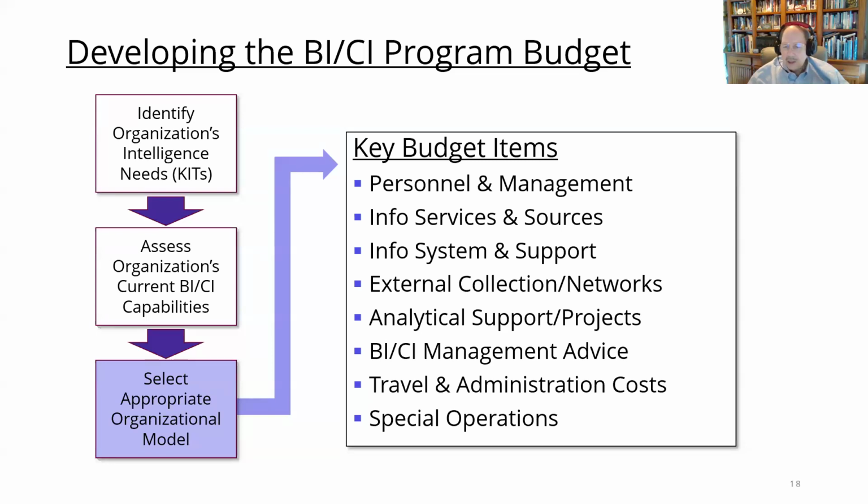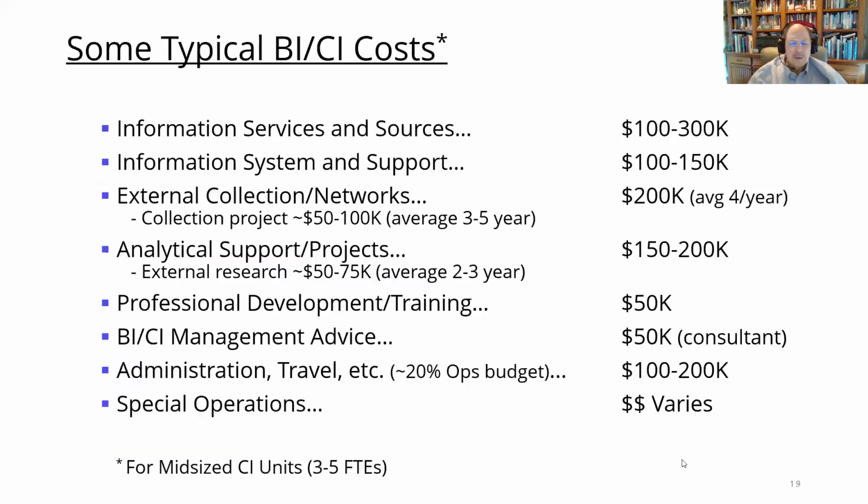Now, I'm going to show you a chart on the next slide, which is an actual example of money that is spent in a group which is mid-sized, let's say a 3 to 5 full-time equivalent group. Information services, between $100,000 and $300,000. And then you can look down the whole list to see, when you're planning this out, it's coming from what came out of the discussions you had at the beginning of the year with your clients